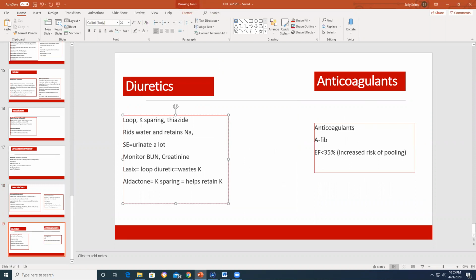So the last two here, we've gone over diuretics: the loop, which is the furosemide, potassium sparing, the aldactone, and then the thiazide, which is the hydrochlorothiazide, directly working in the kidneys. So you need to watch that BUN and creatinine, and then also their electrolyte labs, especially potassium. Okay, for the Lasix. And then aldactone, remember, it can help retain potassium. Now, our anticoagulants,